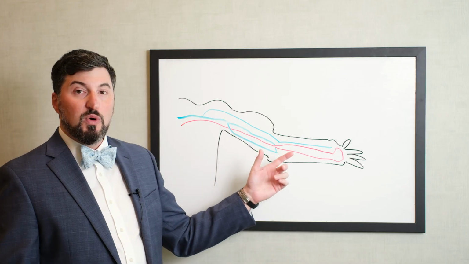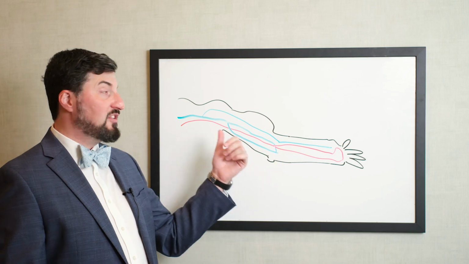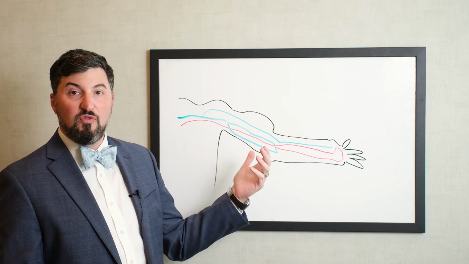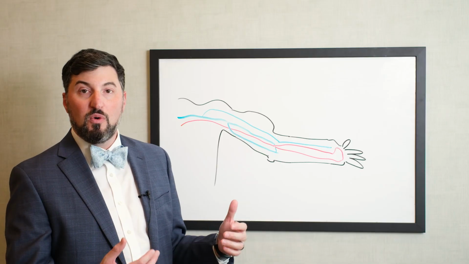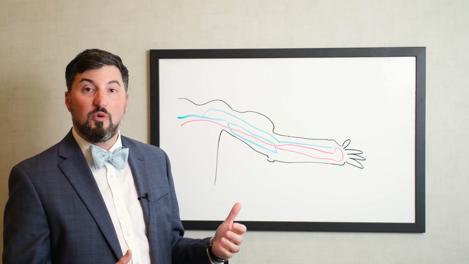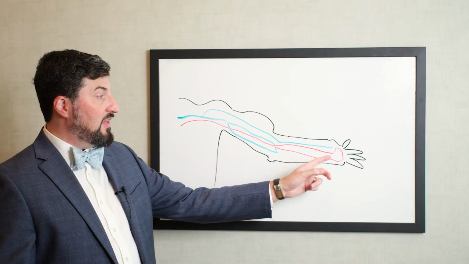Some people, about 25% of folks, will have that bifurcation, that splitting of the brachial artery, happen much higher up in the chest, and we'll find that in advance on ultrasound. It doesn't mean we can't do a fistula or a graft, it just helps us better plan for where we're gonna make our connections. So with regards to the veins that come out of the hand and out of the